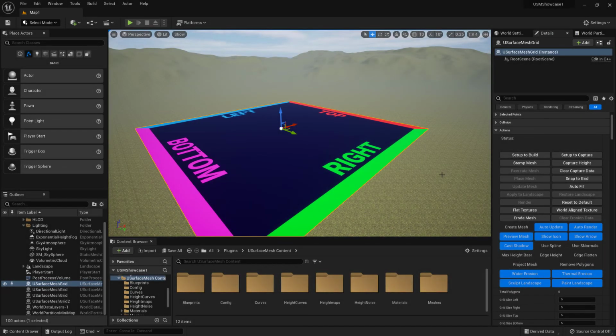Welcome to this USurfaceMesh preview video for version 1.3. As you can see, I'm in Unreal Engine 5, so I now have the plugin available in this version as well. So the few features I'm going to show you today,